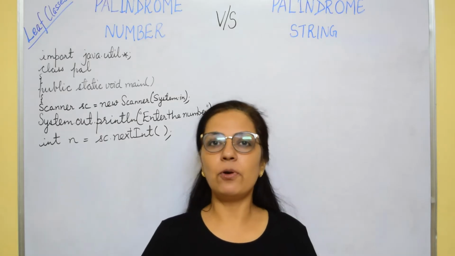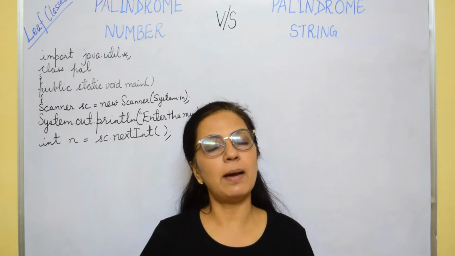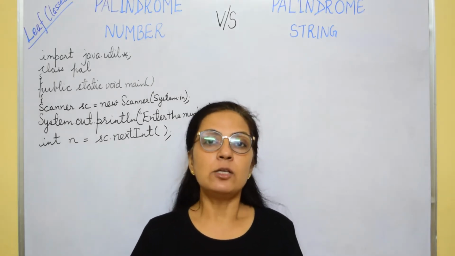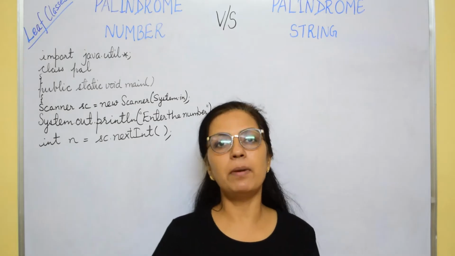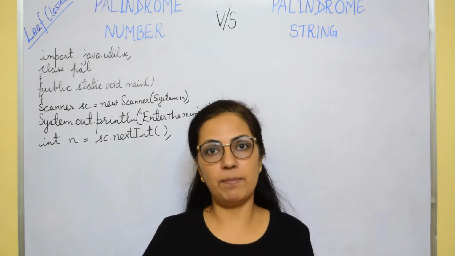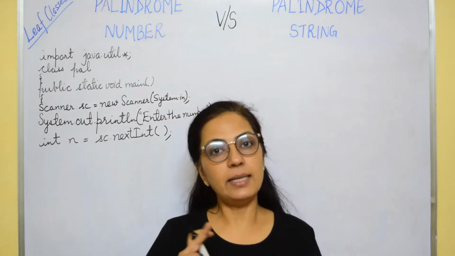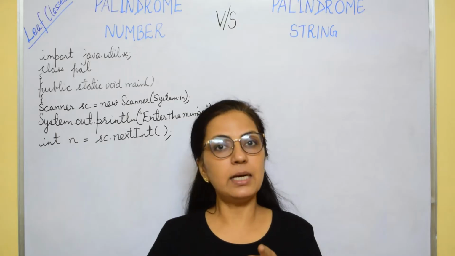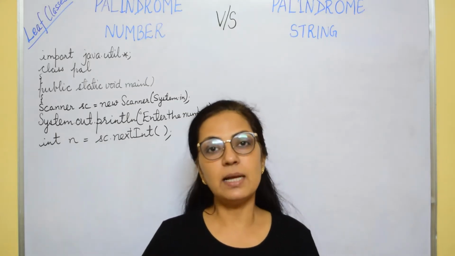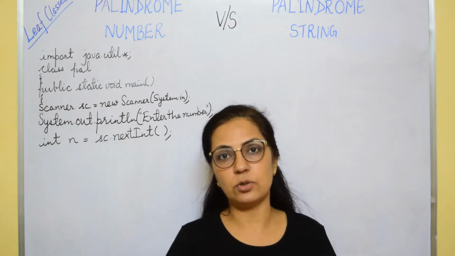We begin with the program to input a number and check whether it is a palindrome number or not. Now we know what a palindrome is. So for checking a palindrome number, we have to find the reverse of the entered number and then compare both the entered number and the reverse number. If they are equal, that means the number is a palindrome. If they are not, it is not a palindrome number.